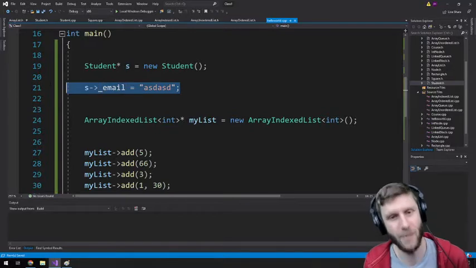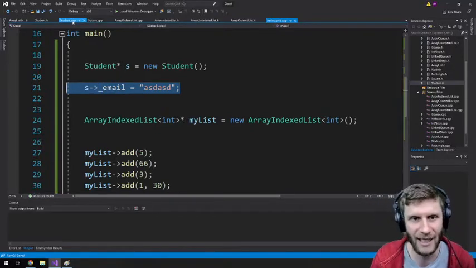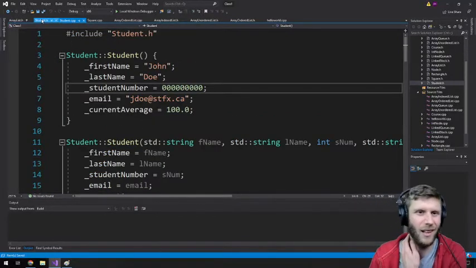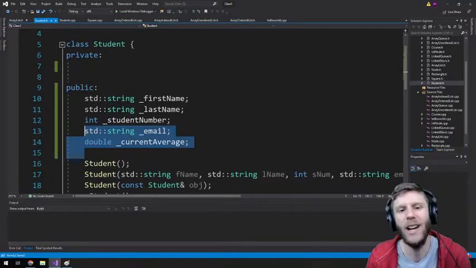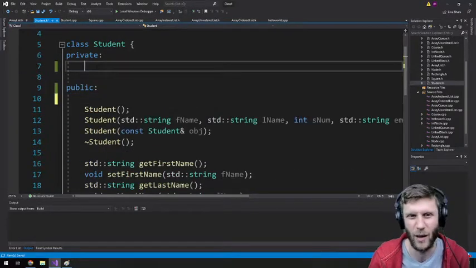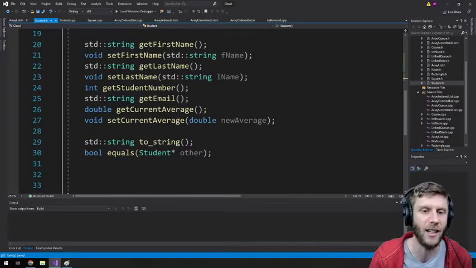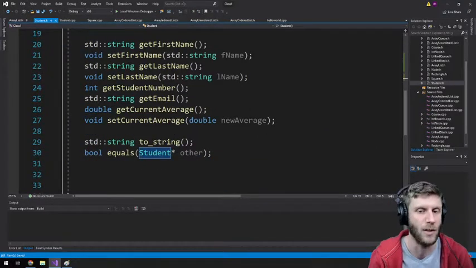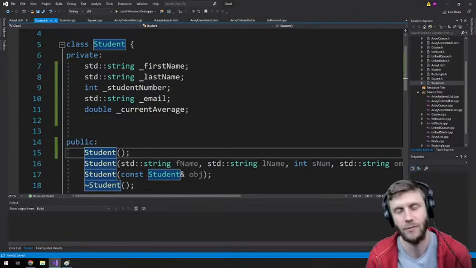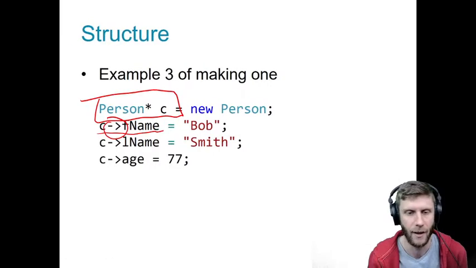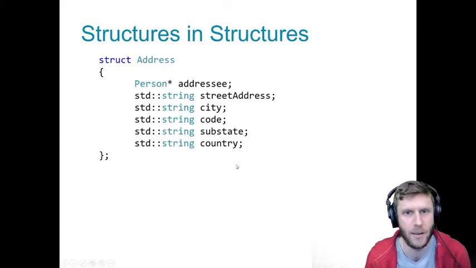But of course you remember that, in practice, for cleanness of code, we don't like to make our attributes public if we don't have to. We like them to be private, and then we use the getters and setters to make sure we're interacting with the attributes the way they're supposed to. Anyways, just an FYI. So the syntax is the same as objects.